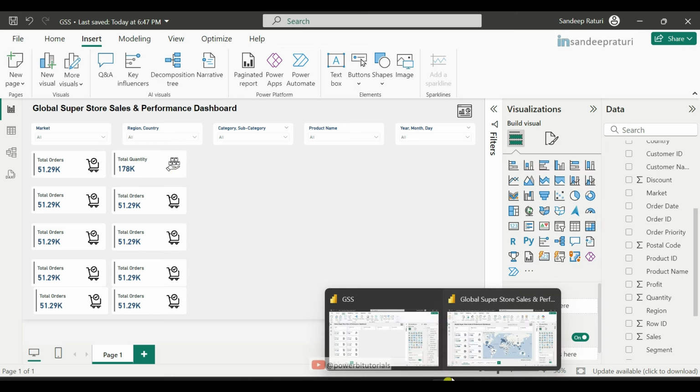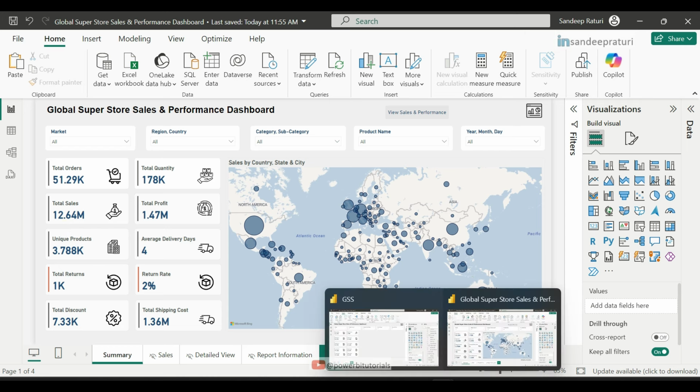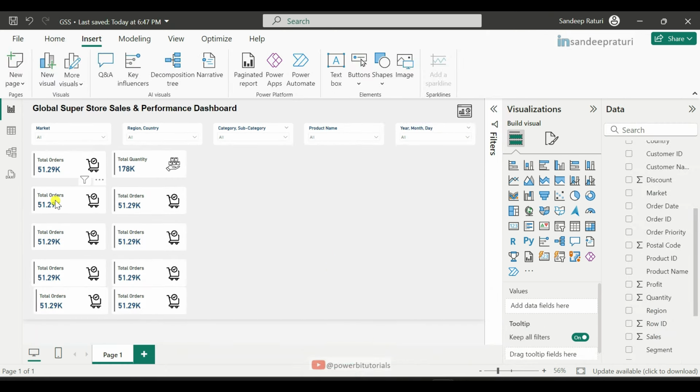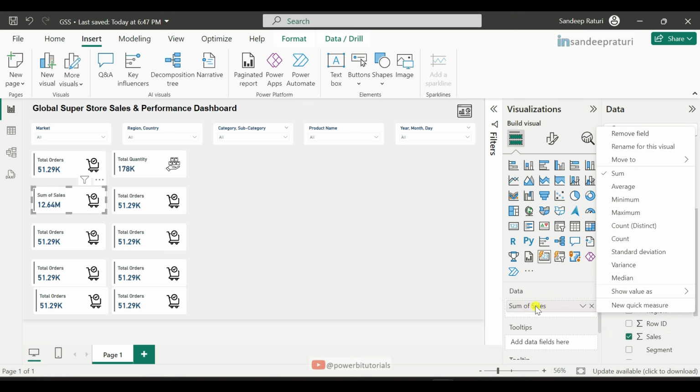So go to the main report, and here the third KPI is total sales and the fourth one is total profit. So go back to the practical file, select the third KPI, and this one is total sales. So for this we will use the sales column. So add the sales column into the data section, right click on the column name and make sure sum is selected here.